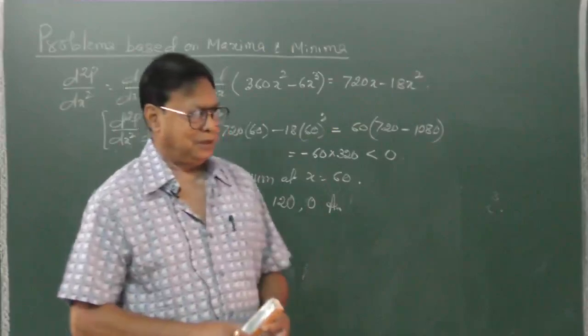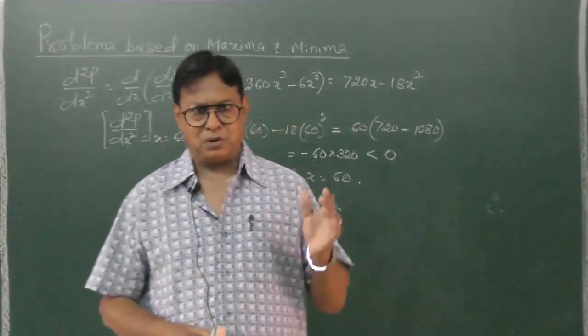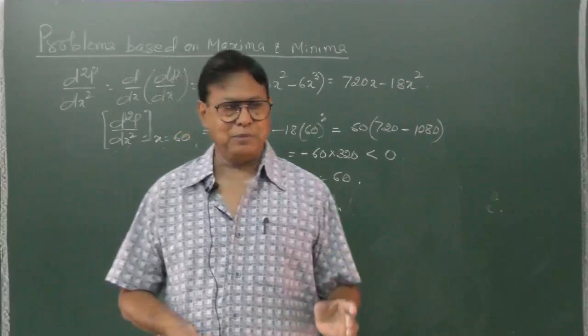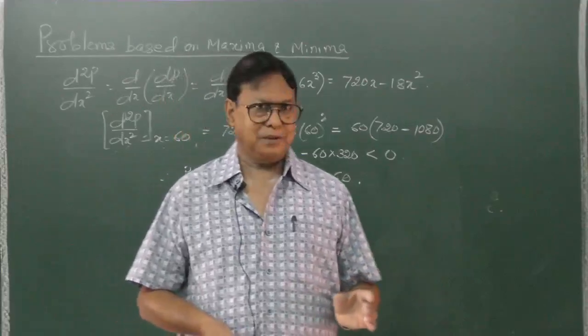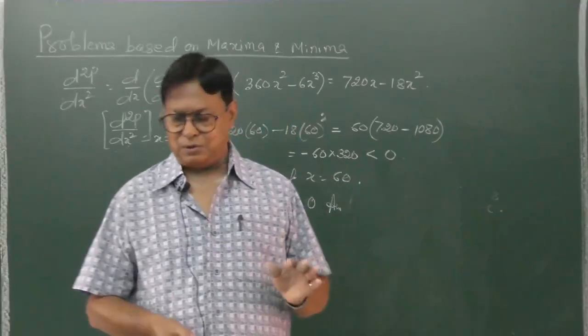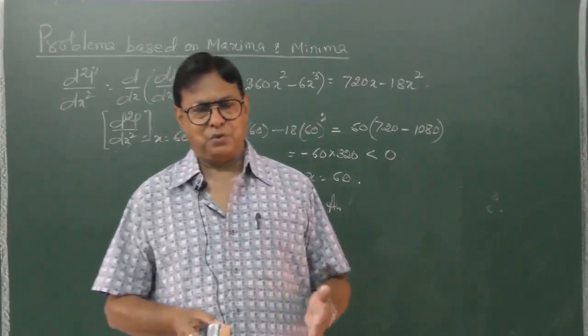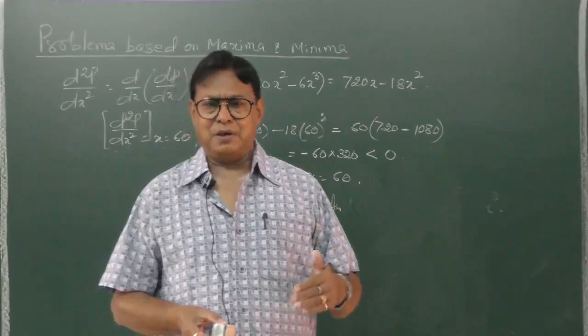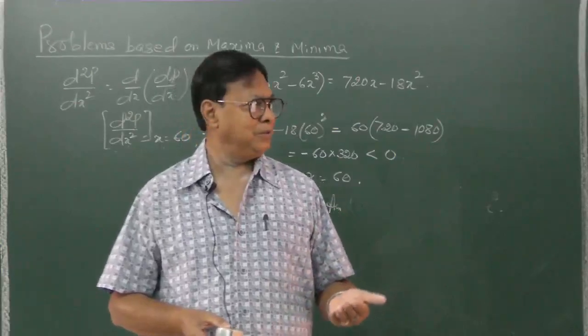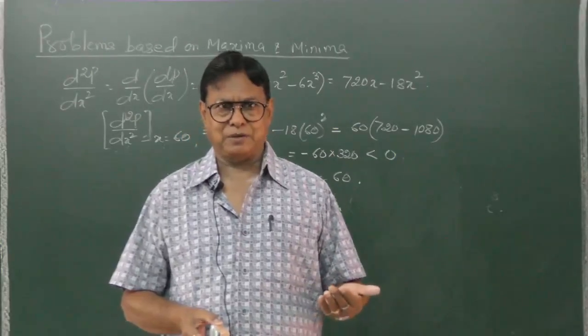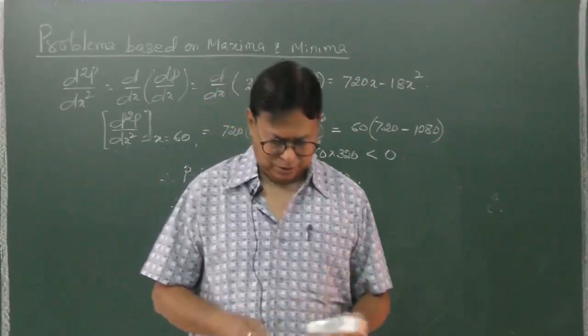So I repeat, you have to make the equation or the function from the given problem, and then differentiate it first, dp by dx, or do whatever it is, equate that to 0, solve it, find the second derivative. If that is positive, the value is minimum. If that's negative, value is maximum. Is that okay? So I go on to the next sum.